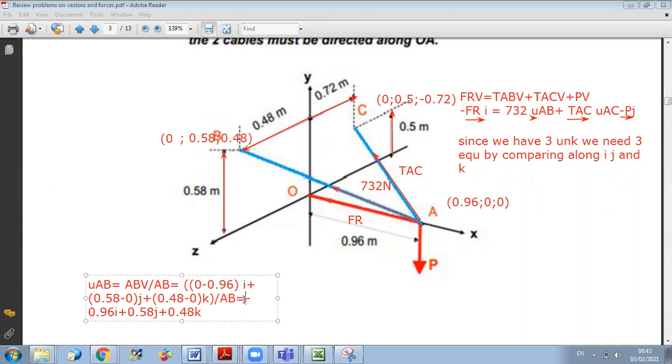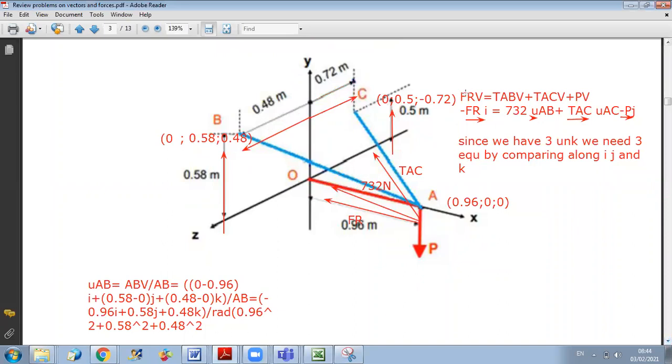I put this result in brackets, and I will divide by the radical of 0.96 squared plus 0.58 squared plus 0.48 squared. Now I will do the same for the unit vector of AC. So let us see here, it will be